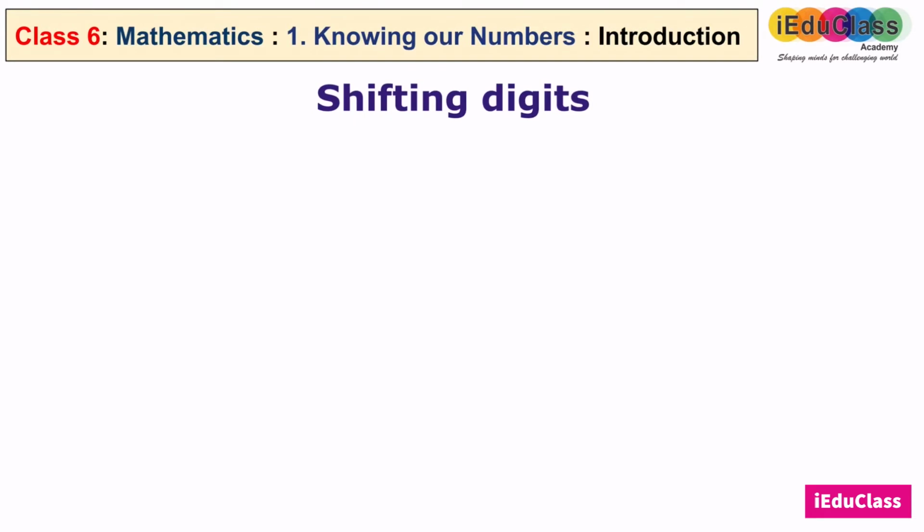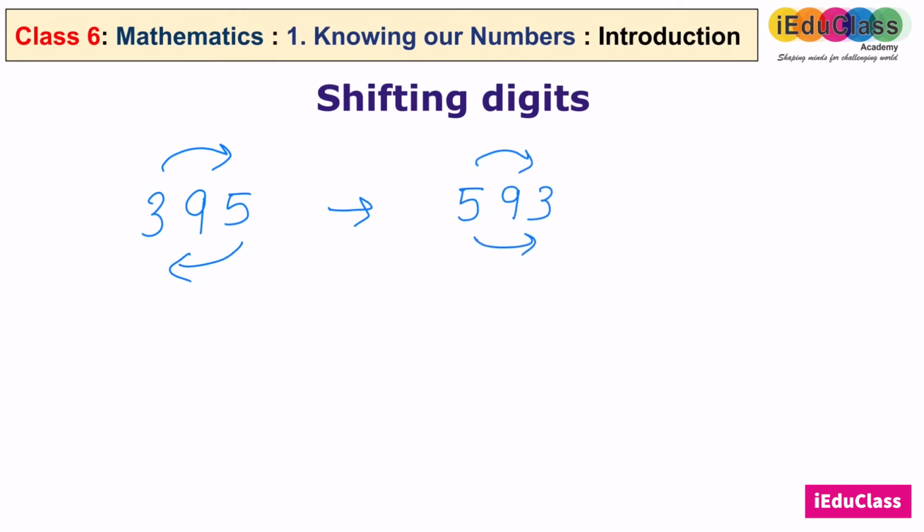Next, shifting digits. What is shifting digits? For example, I'm writing a number 395. Just shift 3 here and 5 here, you will get 593. So when you shift the digit, the number's value